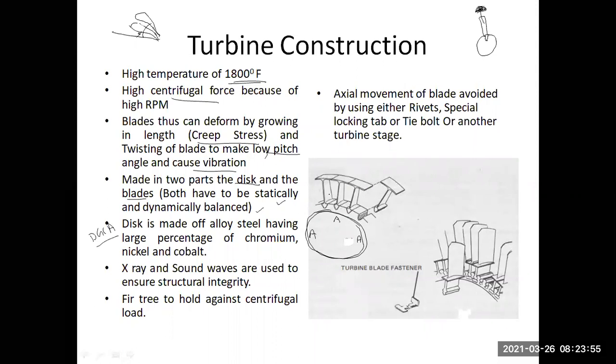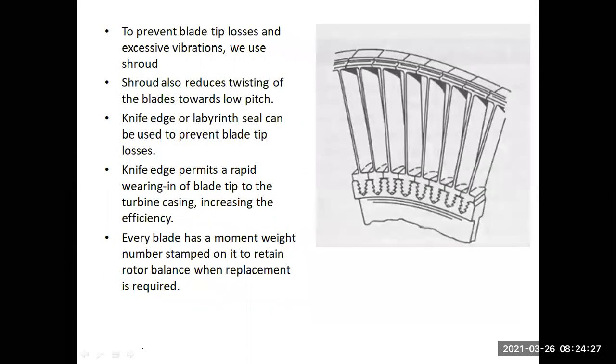Okay. Now son, you have attached it, but aerodynamically the aeroplane is going to go forward, right? So if it is going to go forward, your dovetail, sorry, fir tree is going to prevent you from the radial load. But what can happen is you can still have an axial load, right? Because of the air which is going out. That axial load can move the rotor disc like this. To prevent this, we have either a rivet or locking tabs like this. Okay, locking tabs, or we can have another stage of the turbine which is preventing this from going out. Okay, that is your turbine construction.